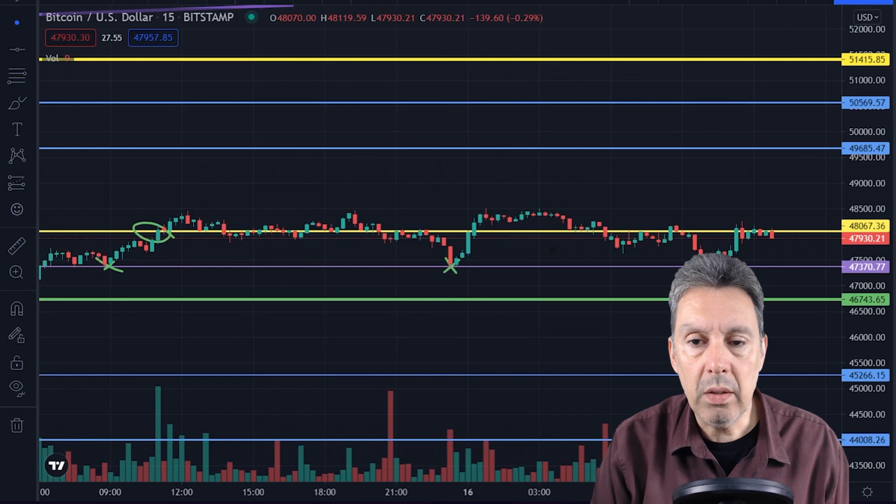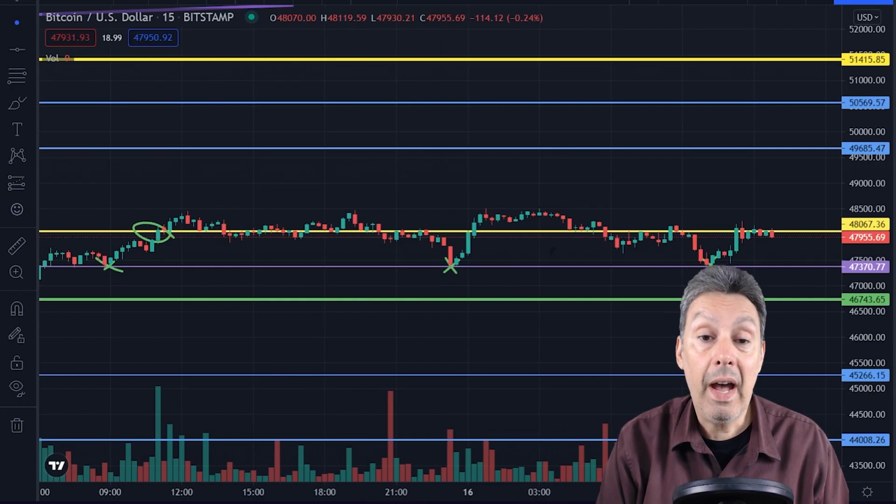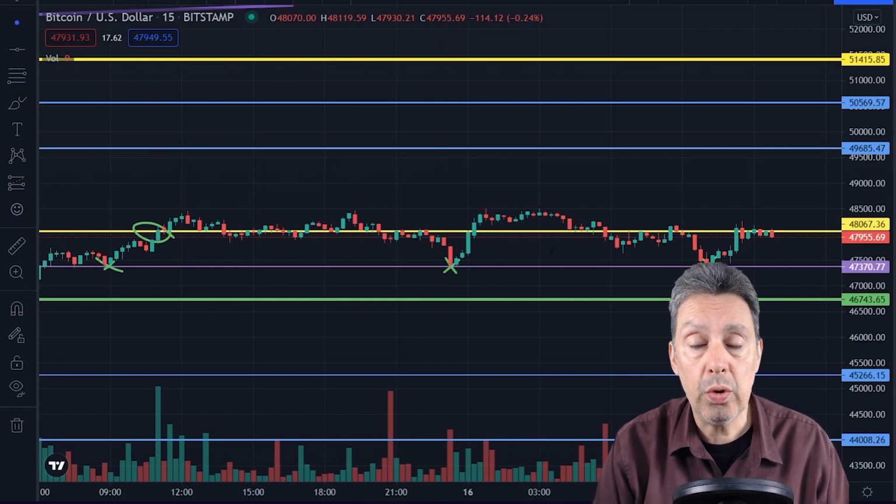I'm actually expecting this to turn into support. I remain bullish. So I've got a line at 48,000. I am still targeting in the short term, which means the next couple of weeks, this yellow line at